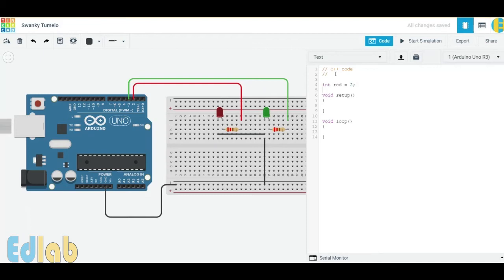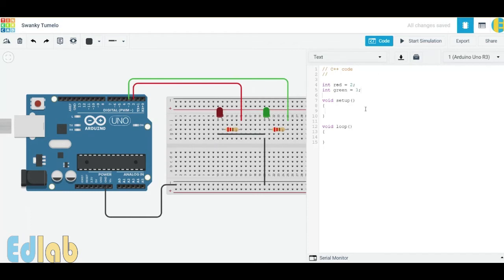This is the default syntax for C++, so we have to follow it. int green = 3; So now we have already defined that pin number 2 is the variable red, and pin number 3 is green.